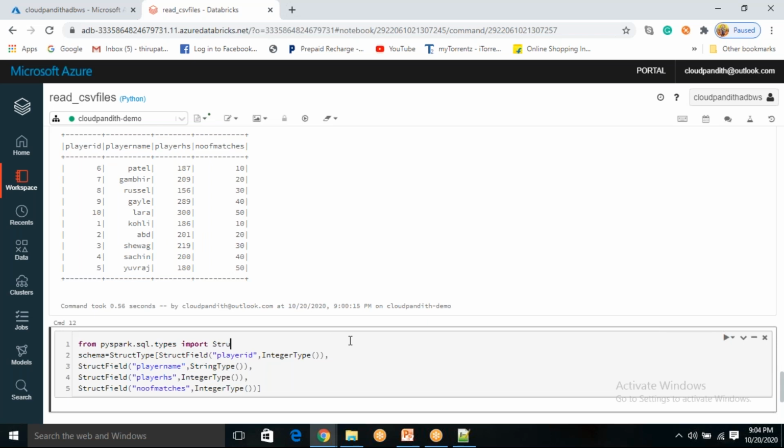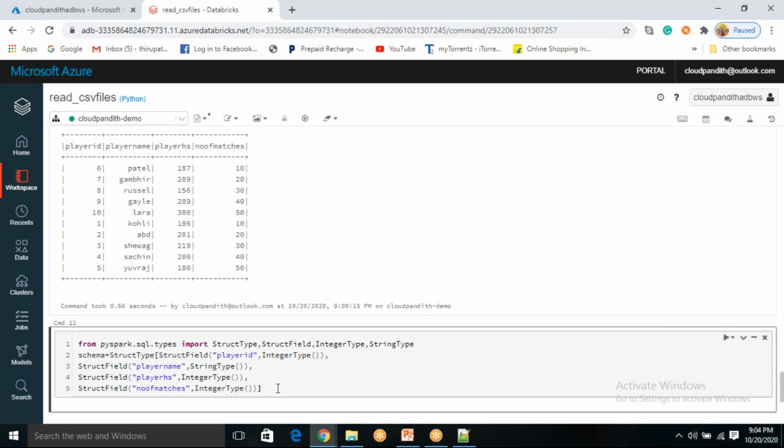Now I know I need StructType, so you see StructType is there. Next, StructField, that is also available. Next, I need IntegerType, so you see IntegerType is there. Next, I need StringType, so StringType is also available. Likewise, if you need float values, then FloatType is also available. If you need date or timestamp, then TimestampType is also available. Something like that, depending on requirement. Whatever you are using here, based on that you need to import it.